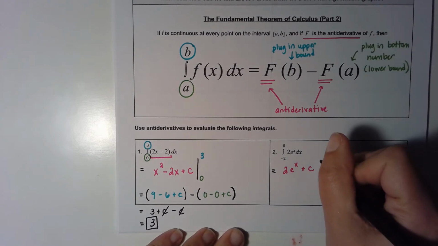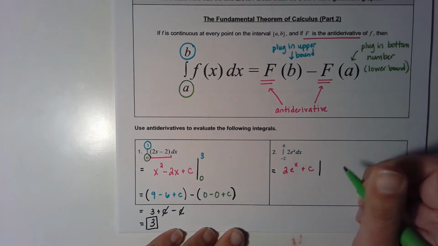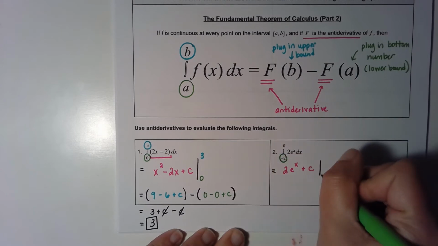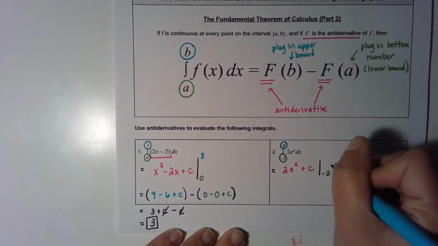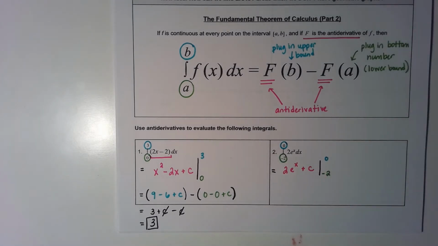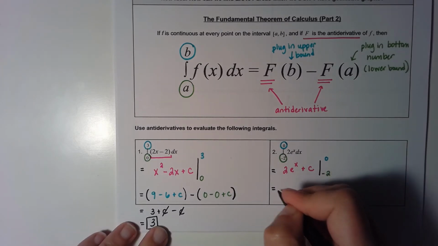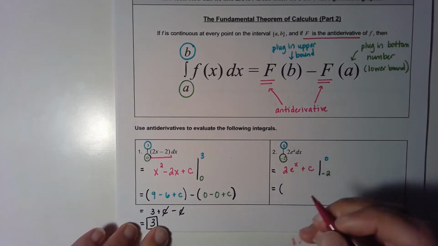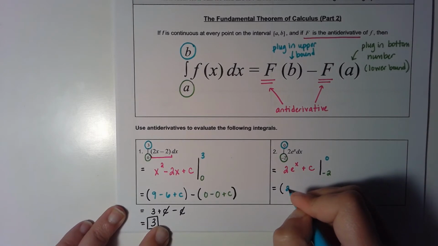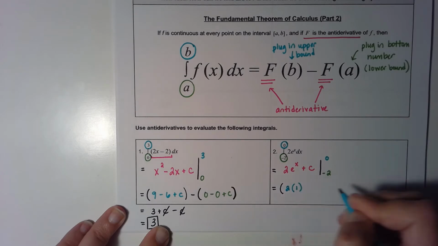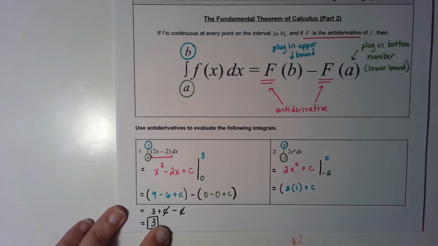Now we're going to evaluate that between negative 2, which is my lower bound, and 0, which is my upper bound. So you'll notice I'm very carefully showing my work. Take this antiderivative, plug in the top, plug in the bottom, subtract. Now I'm going to plug in the top number first. So when you plug in the top number, you get 2 times e to the 0. So 2 times e to the 0 is just 2 times 1, plus c,